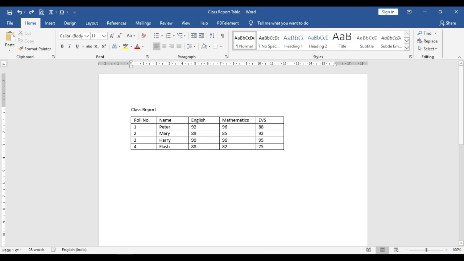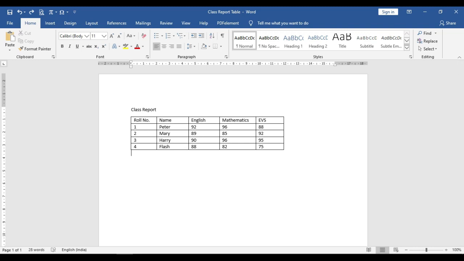The default alignment of a table is left alignment. So whenever we start entering text in a table, it is automatically entered left align.